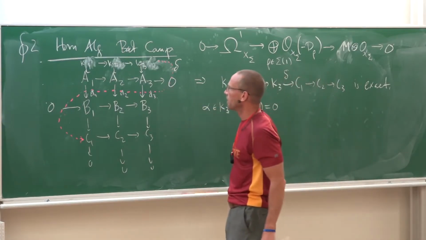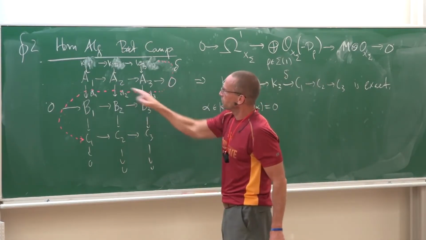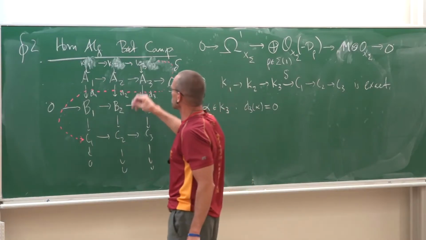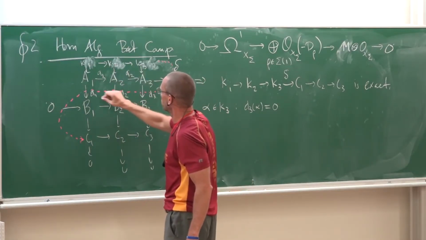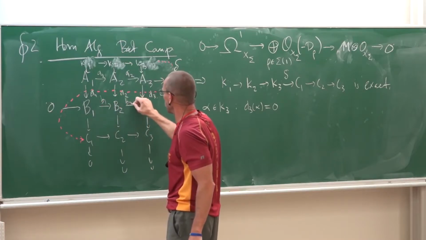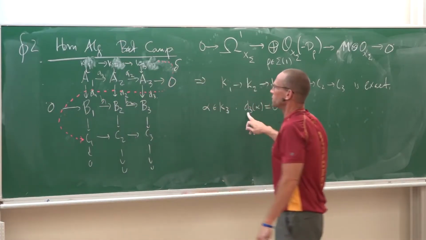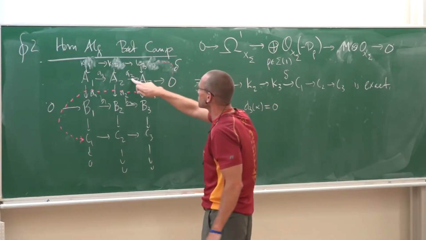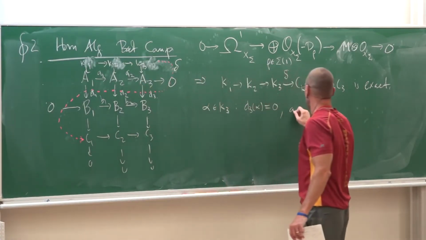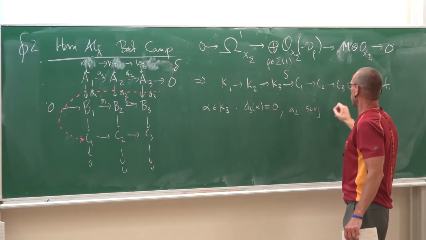It's by definition. Now, this is a commutative diagram, right? So that means, let's call these little a1, a2, b1, and b2 for the maps here. So in particular, D3 of alpha is 0. And this map is surjective. A2 is surjective. So there exists